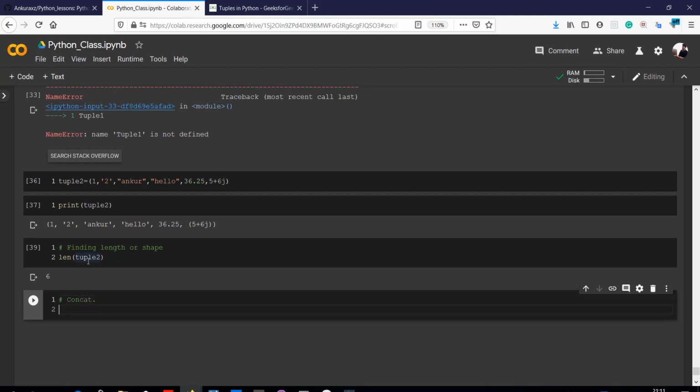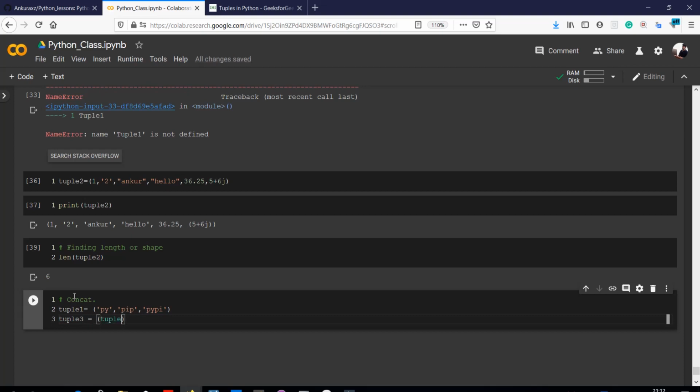So if you have tuple 2 like this, and then you have a tuple 1, which is like pi pi, this is some tuple, and if you want to create a tuple 3, that is tuple 1 plus tuple 2,